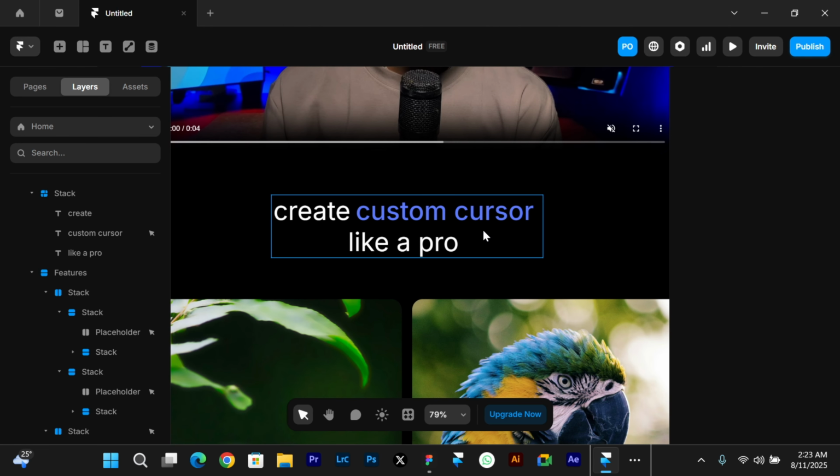But before I show you how you can go about that, let me walk you through the basic structure of this text field here. So since I was laying emphasis on this word custom cursor I highlighted, I wanted to add a custom cursor component only to this text field. I wasn't able to do that before now, because if I should add a custom cursor, it's going to apply to other text. So to solve that issue, all I did was to bring out separate text. So this create is a separate text on its own, custom cursor is another text on its own. Likewise, like a pro text is also a text on its own. So after cutting the text into chunks, I then wrap them in a stack. On the stack setting, what I used was wrap, so that I can simply wrap the whole text together without it distorting.